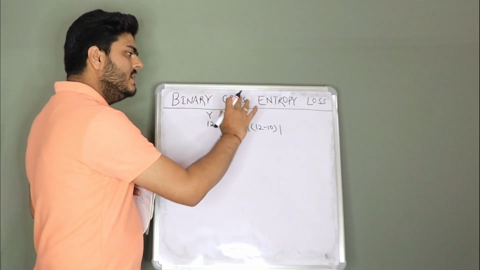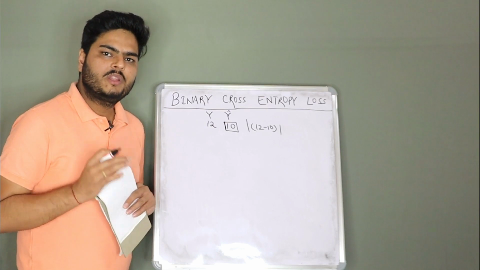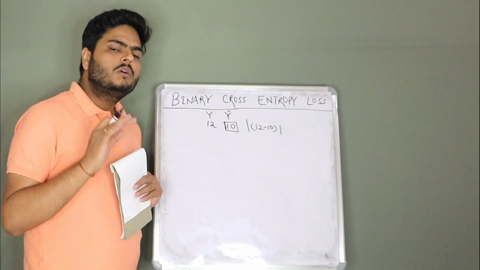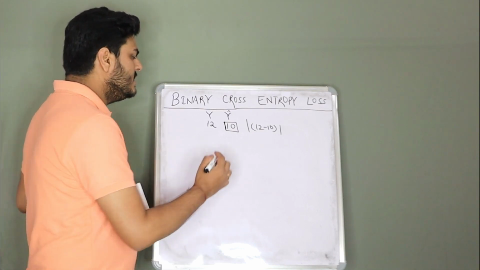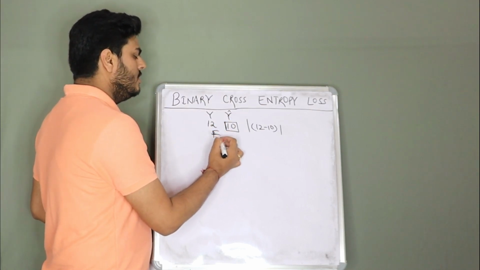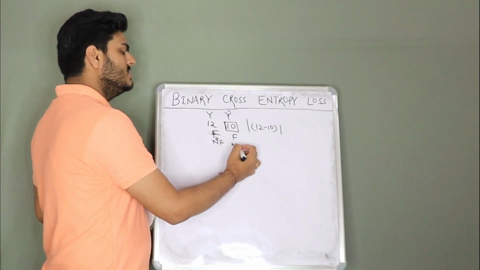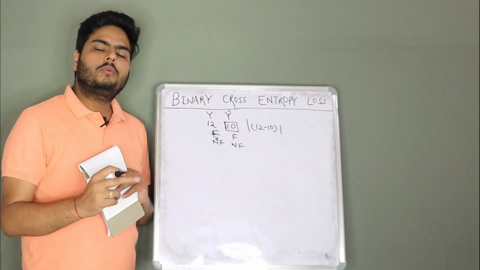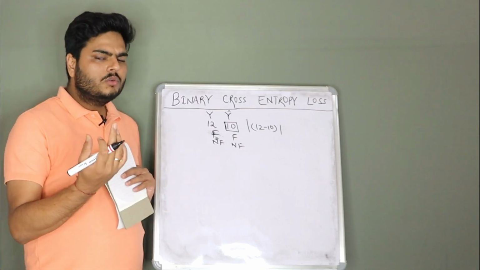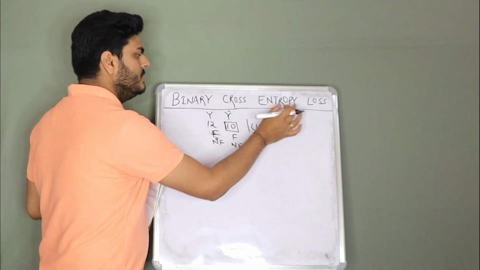When we come to a classification scenario, calculating this loss becomes a little tricky. The reason is, in a binary classification, for example fraud or non-fraud, your classes might be 1 or 0, or fraud or non-fraud, and your prediction can be fraud or non-fraud. So the same way of computing the loss will not work in a classification scenario. So we have other loss functions for that. One such loss function is called binary cross entropy loss.